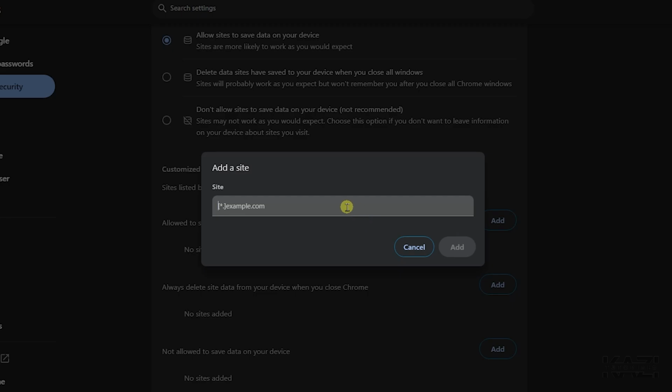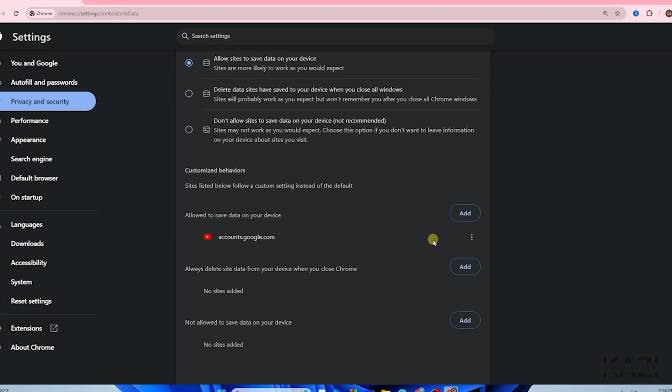So tap on the add and then from here you need to type in accounts.google.com like that and simply tap on add. Then simply close your Google Chrome application and reopen it. Most of the cases this will solve your problem of the sync paused, but if not, then simply again go